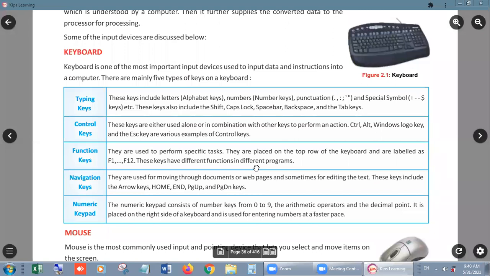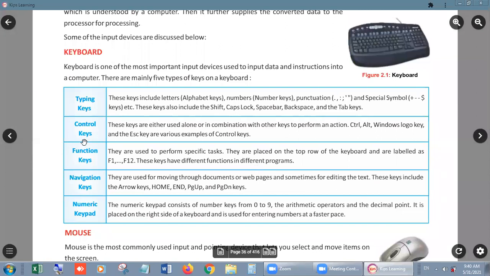Every key of the keyboard is a typing key, because with the help of them we can type something. Individually, shift, caps lock, space bar, backspace and tab never type something, but they can help in typing. So these are also included in typing keys.